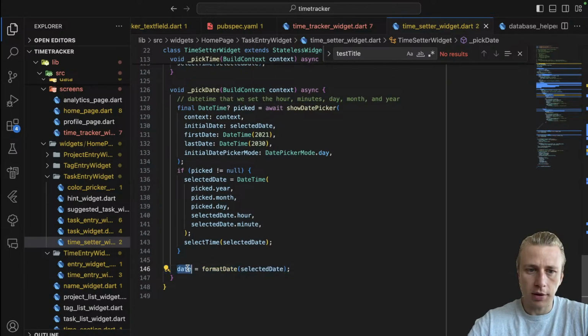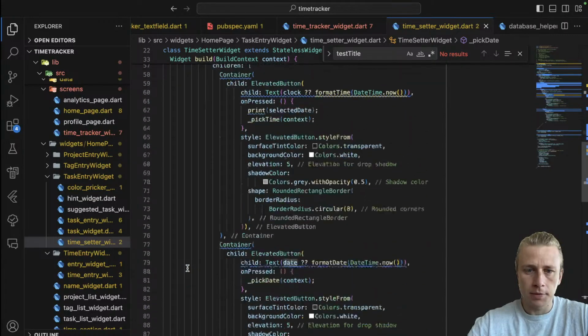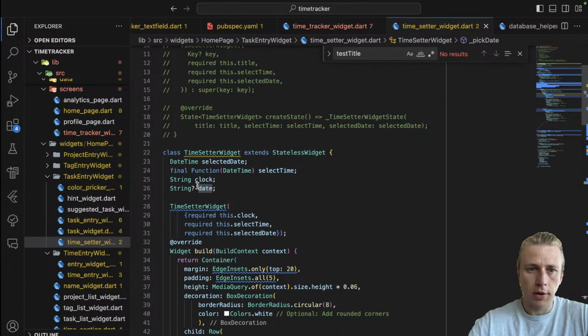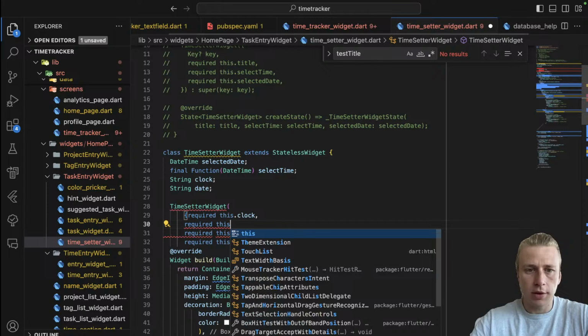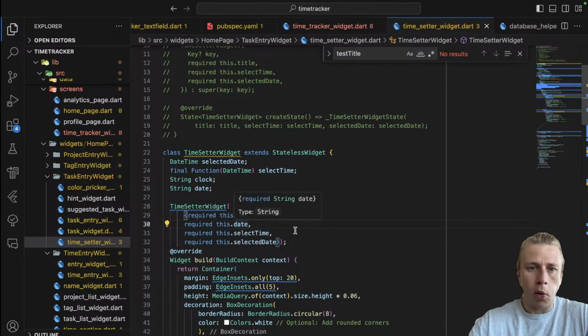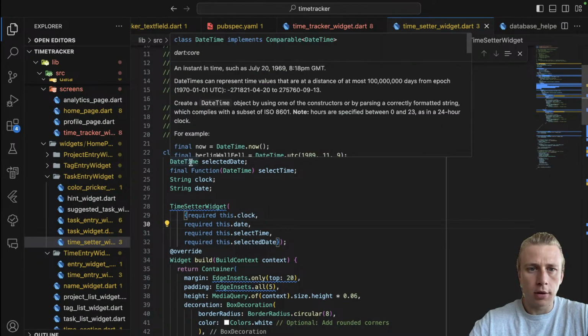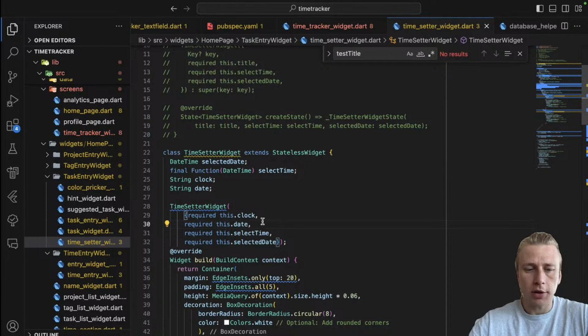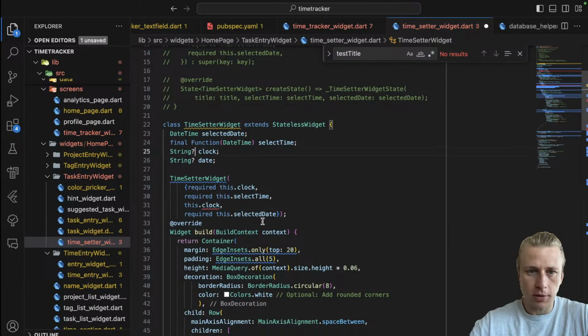And the date, we need to also pass the date, I think. So required this dot date. Oh, actually, I just realized we don't need to do that at all. We could just do